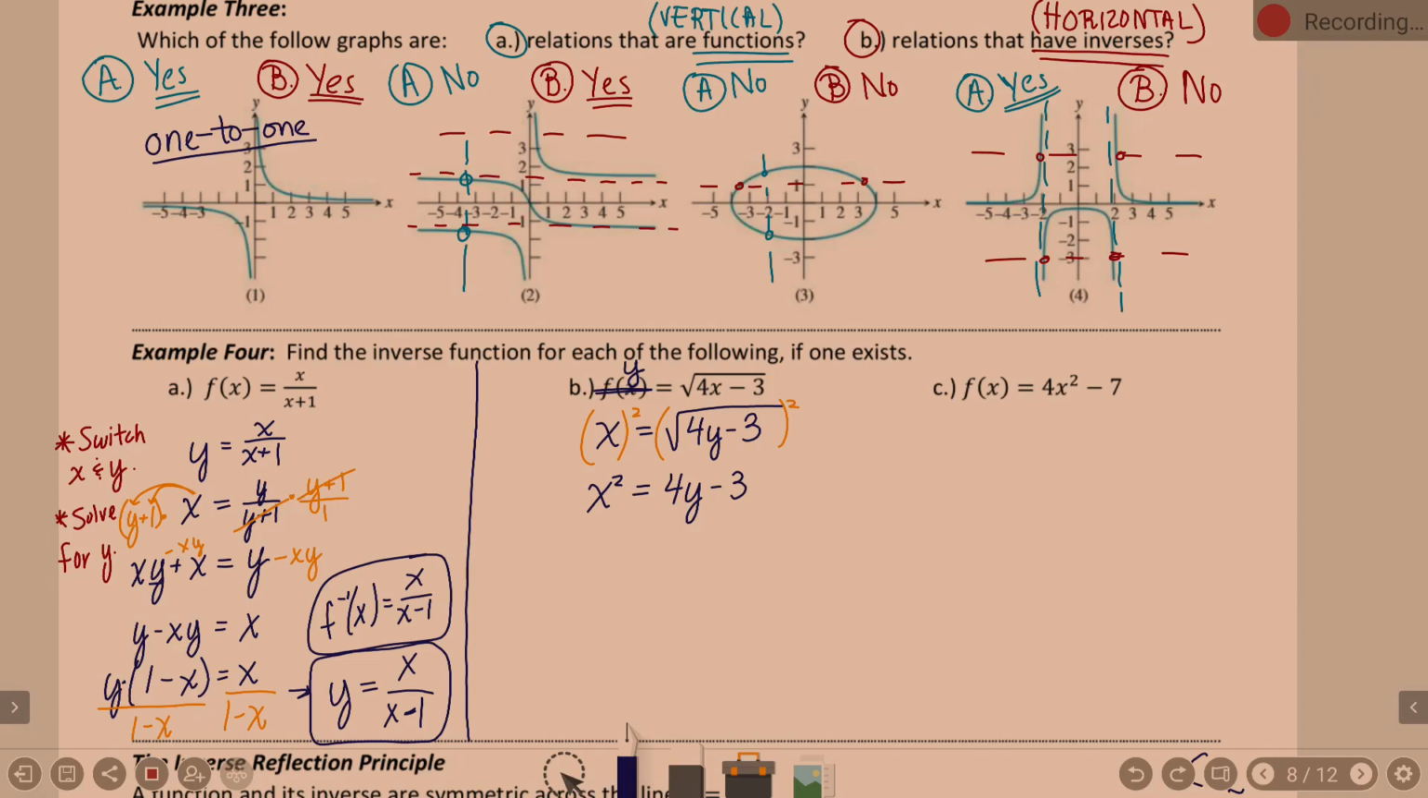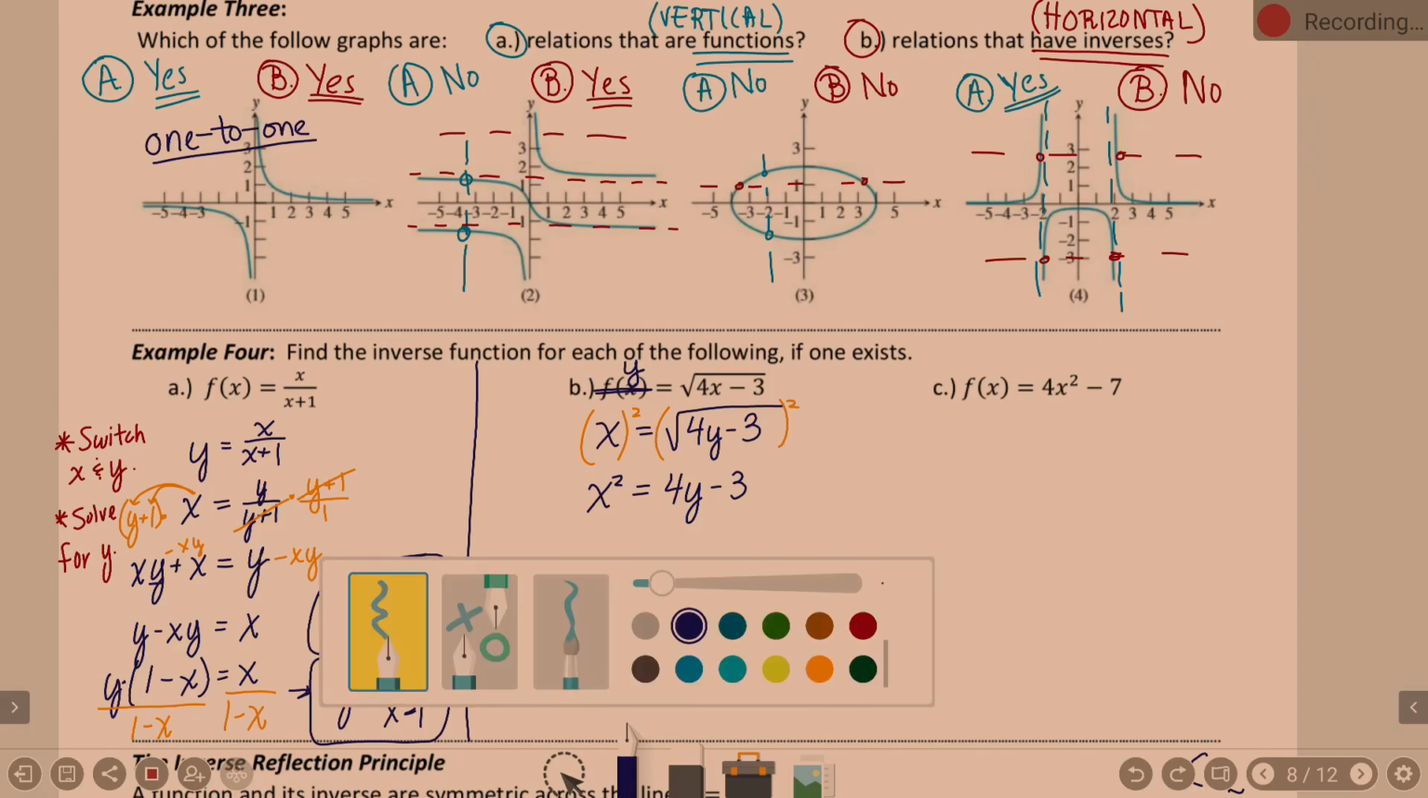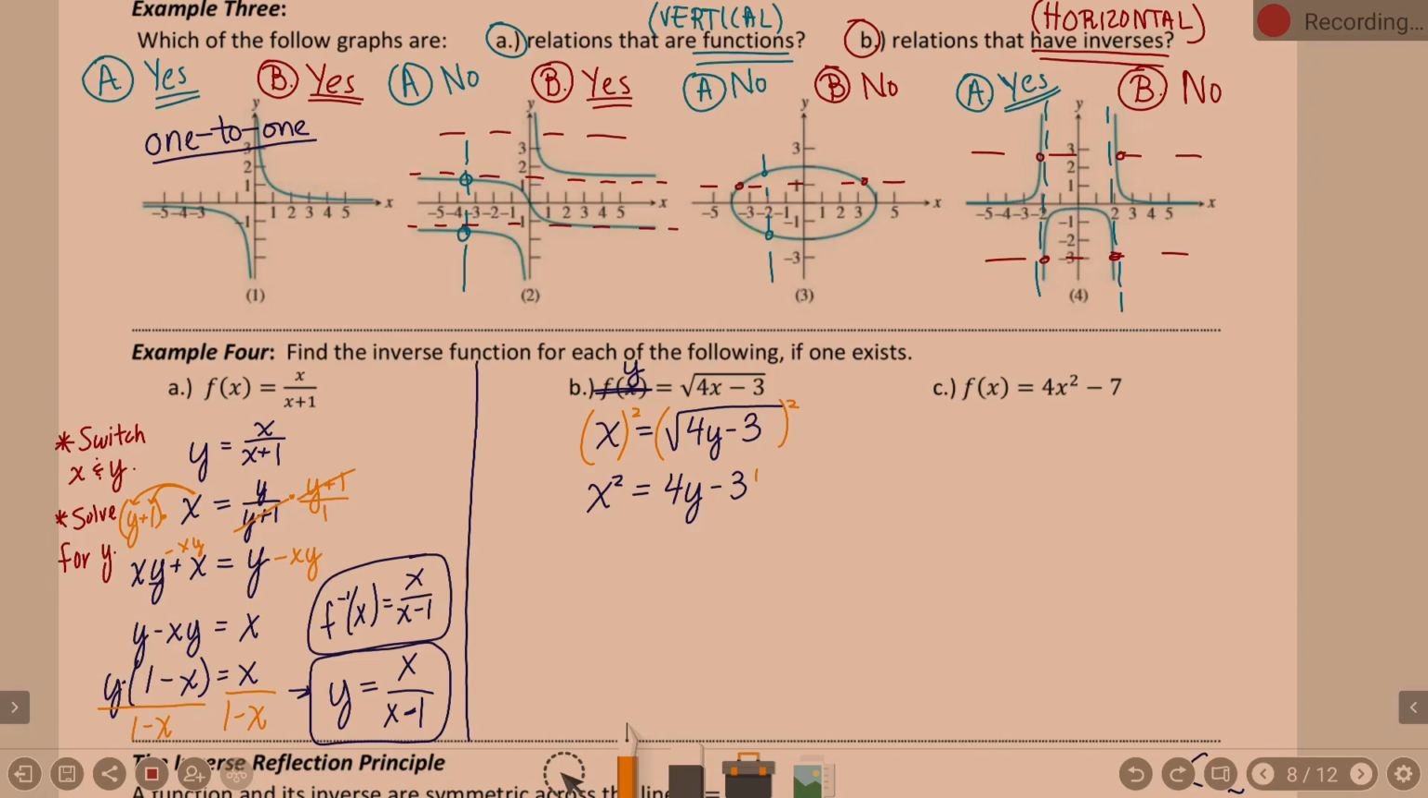It's 4y minus 3. How do I get y by itself? Since it's 4y minus 3, I'm going to add 3. I'm going to flip my sides if you guys can be okay with that. So minus 3 plus 3 cancels. 4y equals, and I have x squared plus 3. What do I do to finish this off? Divide everybody by 4. Now,